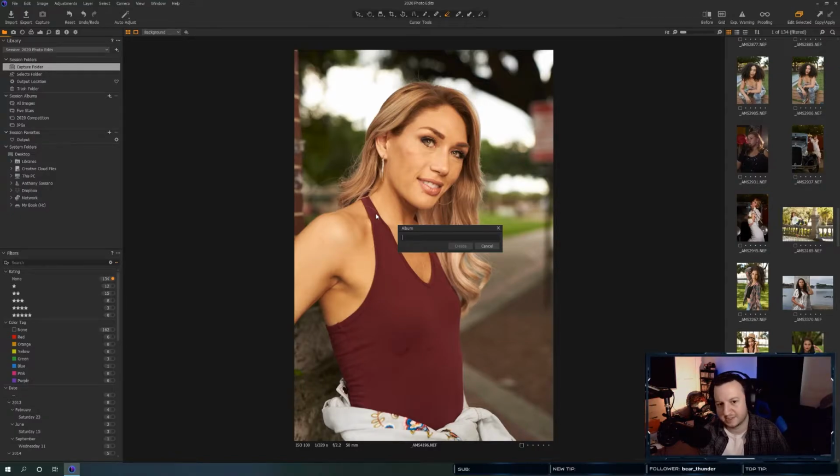I'm not as organized in here as I usually am, because usually I'm organized on a per shoot basis, not like a plethora of things to work on. So I think what we are going to do here, we'll just give them ratings. I think that's going to be the simplest approach to this.